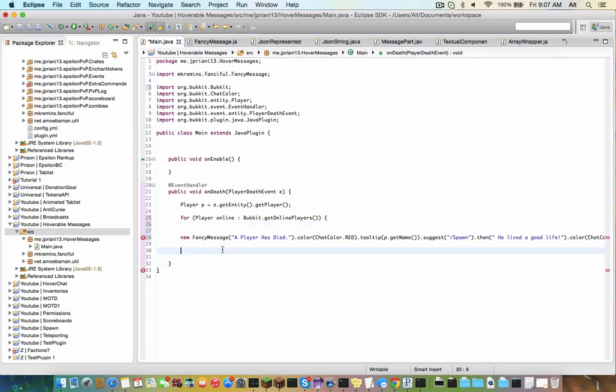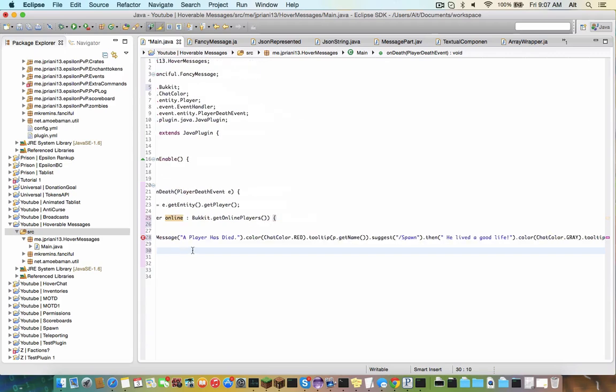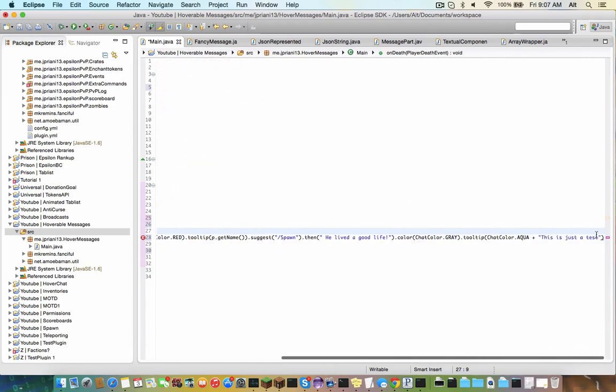And for basically means any player in this online collection, it'll do it individually for the player online. So say you made it online.getName, it'll come up differently for every single player online with their own name or their own information. So now let's send this to every player online and do .send